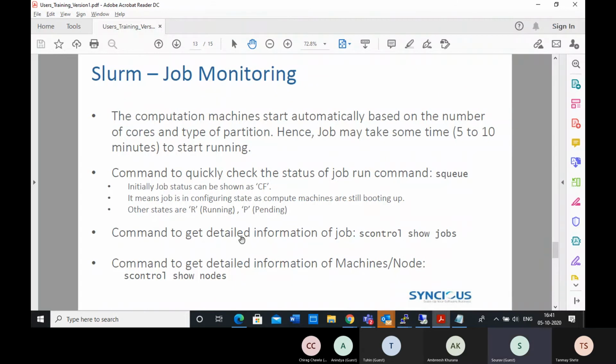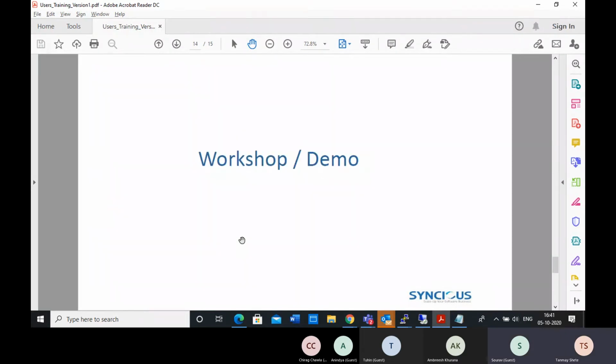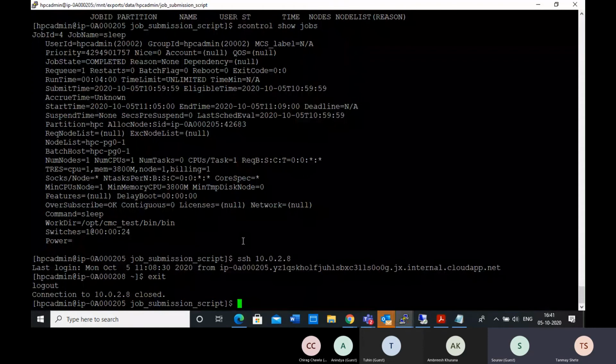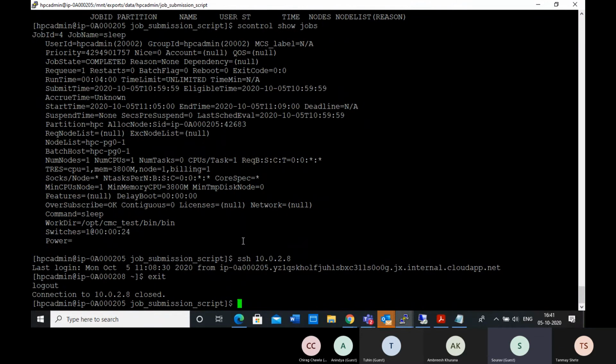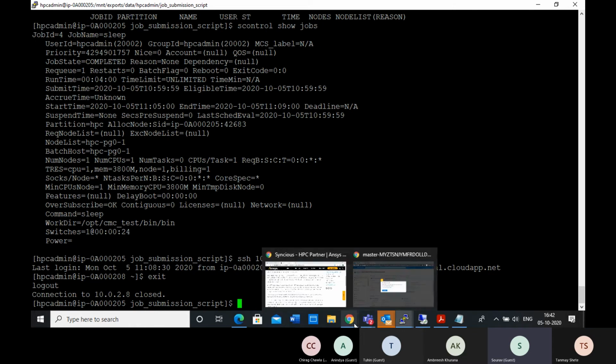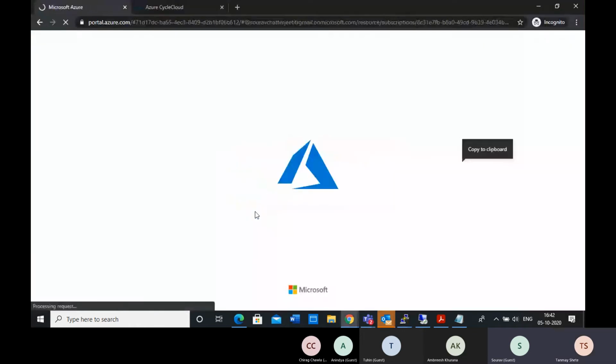I have a couple of questions at this point. So I just want to point out that the nodes that we have are of 120 cores per machine. Even if a single core job is submitted, the whole machine is powered up, and the charge for the whole machine is applicable.